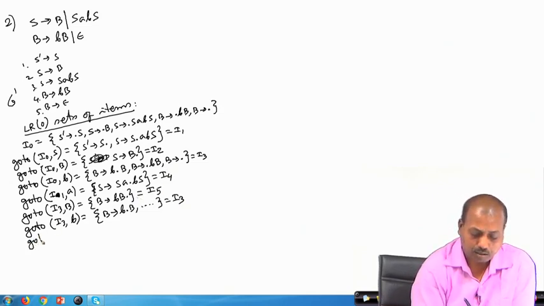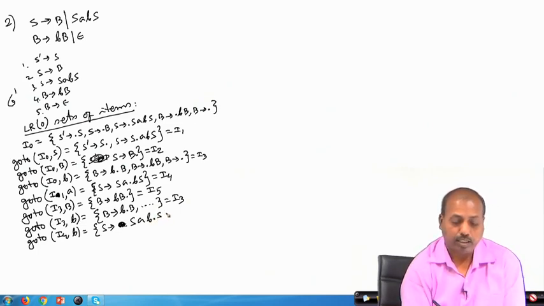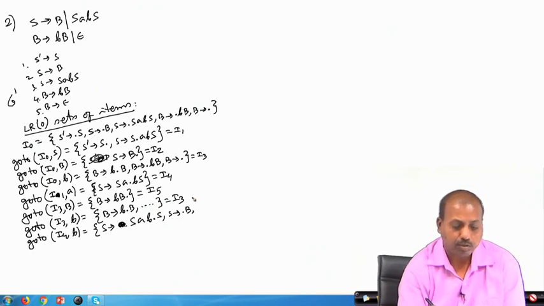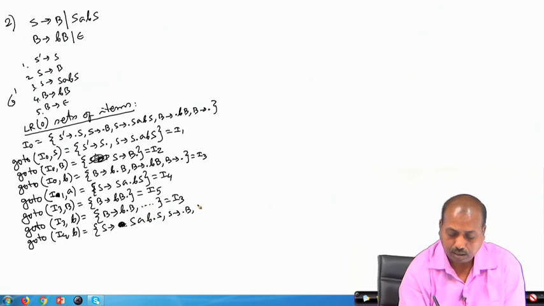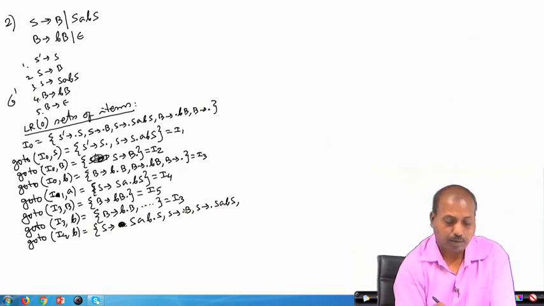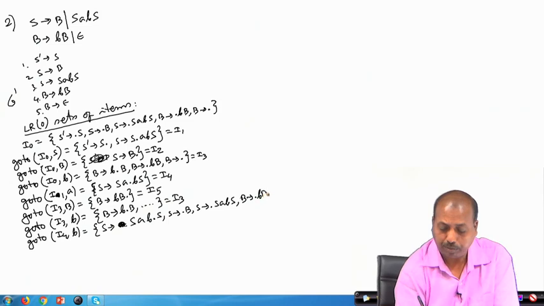Now, I4, go to I4 on B. So, that will give us S producing S A B dot S, and since this dot S is coming, all these rules will come again: S producing dot B, then S producing dot S A B S, and since I have got S producing dot S A B S and S producing dot B is there, B producing dot small b capital B will come, and B producing this dot will also come.